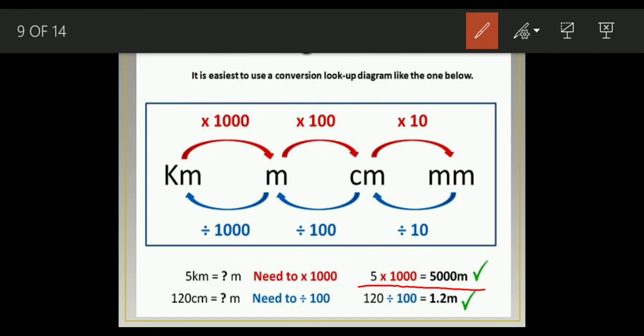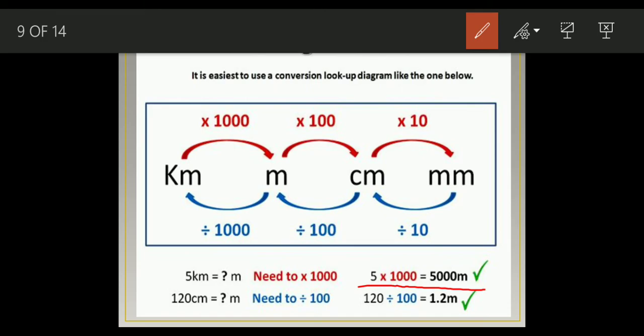First step, find out which one is the bigger unit, so that you'll be able to find out whether you need to multiply or divide. Second step, you need to find how many tens. If I'm going to multiply, how many tens? It is 10 into 10 into 10, 3 tens, so 1000. Third step, once you have multiplied, convert the unit. That's more important. So my answer will be in meter. Clear?